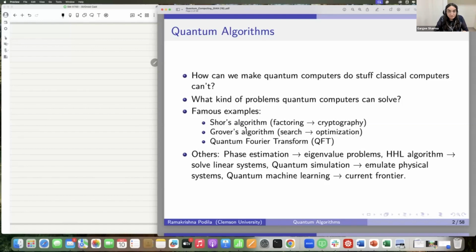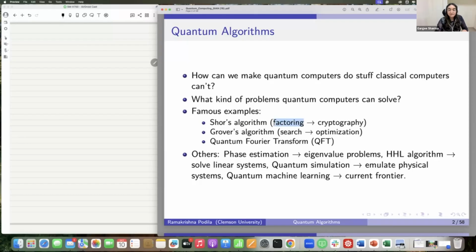Why are millions of dollars being invested in quantum computation? Because it can solve certain problems, at least that's the hope, or at least theoretically, people have shown that with quantum computation, you can do things that you probably can't do that fast on a classical computer. Okay, for example, one of the famous problems is the problem of